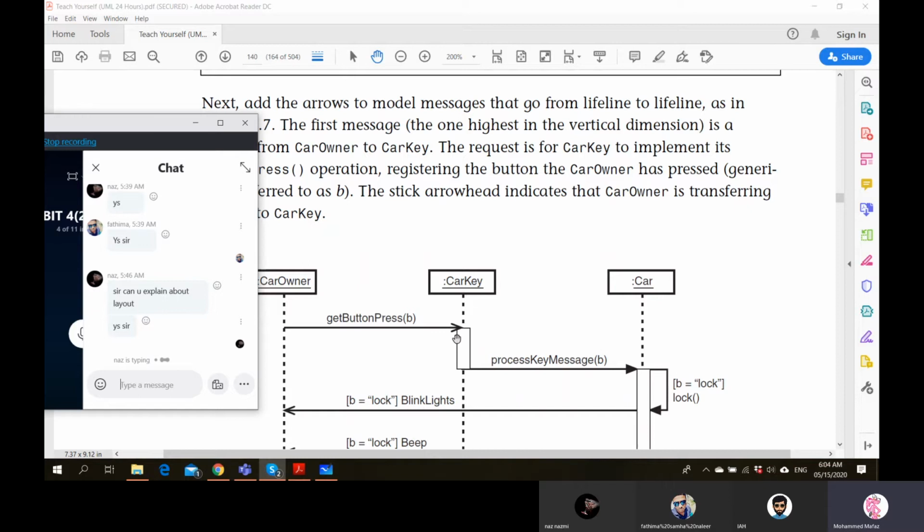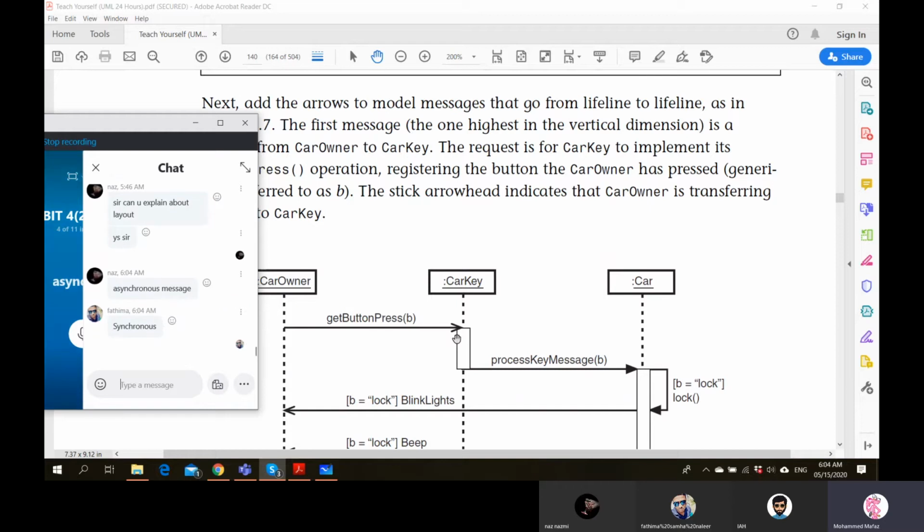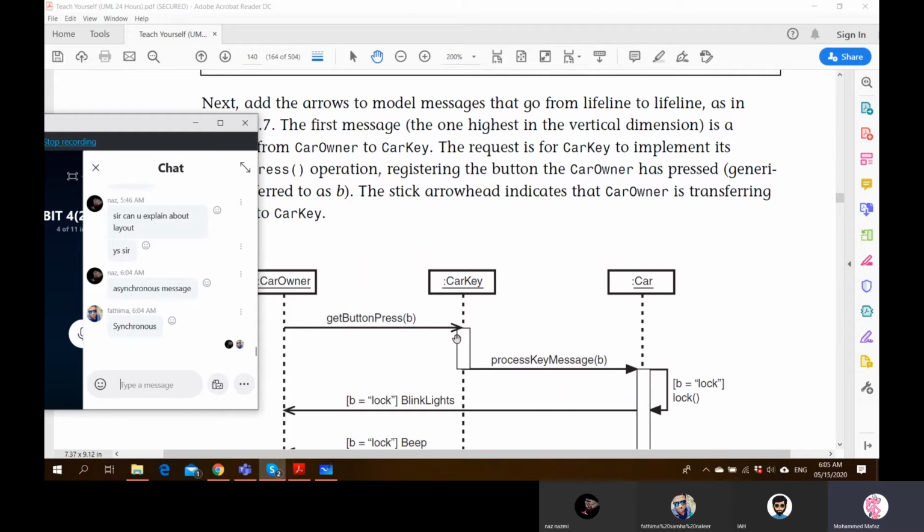What type of message is being sent? Not synchronous, no? Asynchronous. It is sending one way.